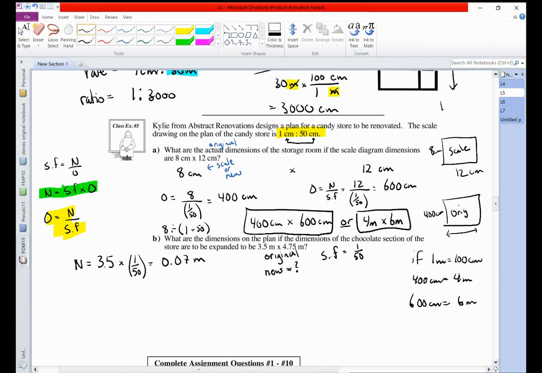We started in meters, we're going to end in meters. And we can do the same thing for 4.75 multiplied by 1/50, and we will get 4.75 divided by 50, 0.095 meters. And we just want to convert those to centimeters, so we can just do a quick unit conversion